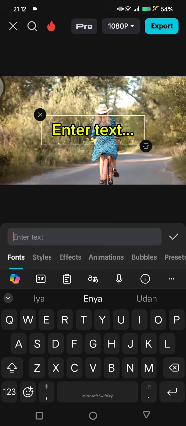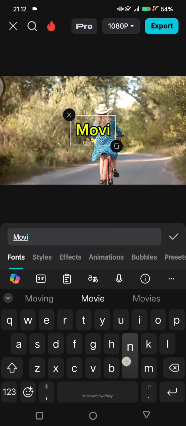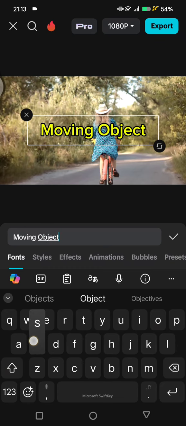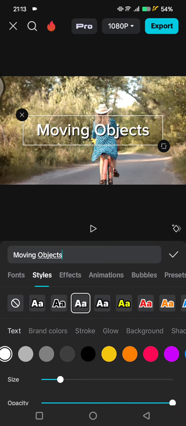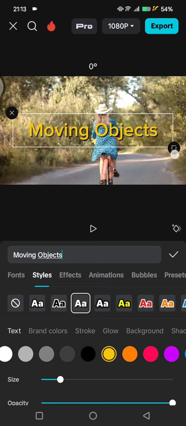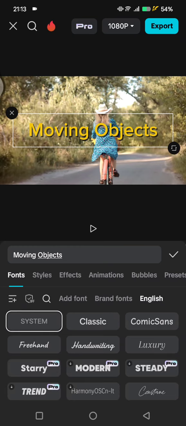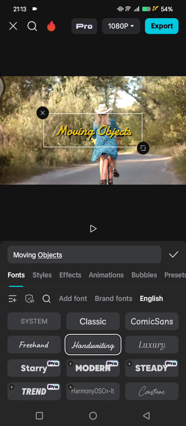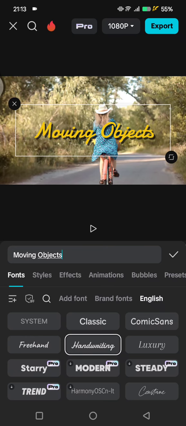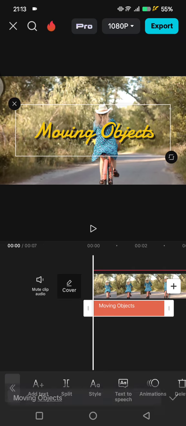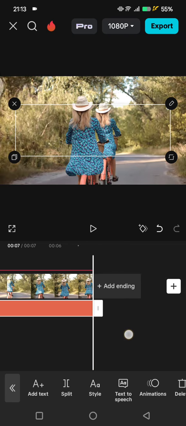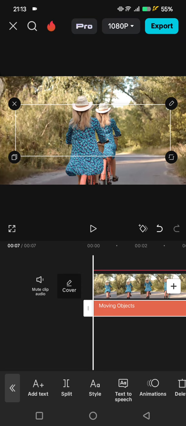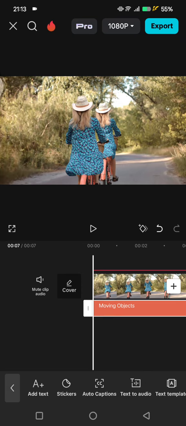So for example, I'm going to just write moving objects. So in here you can change the font and style to how you like it. And okay, I'm going to go with this and change the font like this, and here you can click on the check icon and adjust the durations of the text to how you like it. I'm going to make it full following the video,